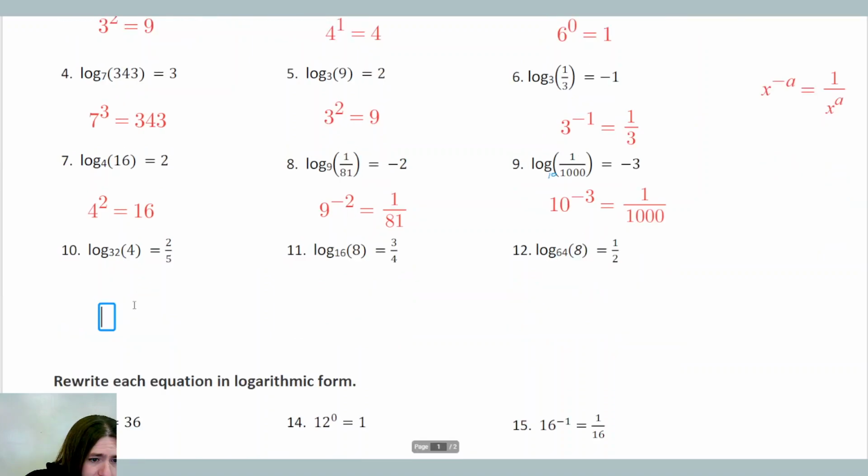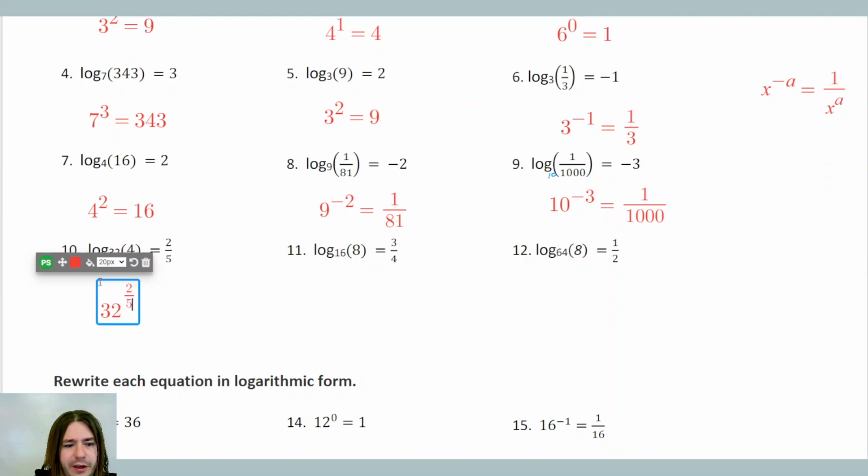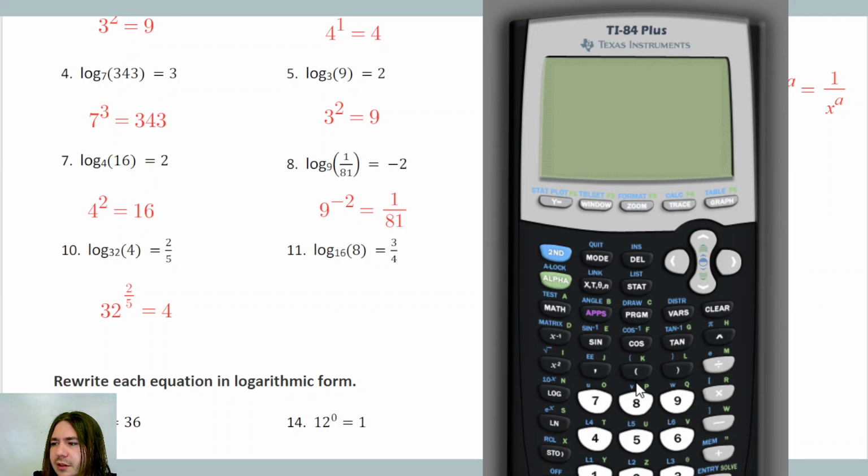For number 10, we've got 32 to the power of 2/5 equals, is that 4? Yeah, that's 4. So this one I might check in the calculator just to make sure that that's correct. I also want to show you how we can write this using radicals rather than as a rational exponent. Either way is fine, but I think it's worth bringing up just so that you can see that they are in fact equivalent. So we've got 32 to the power of 2/5, which is 0.4 if you just